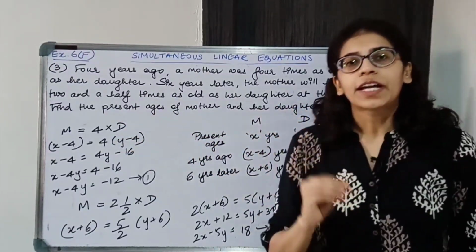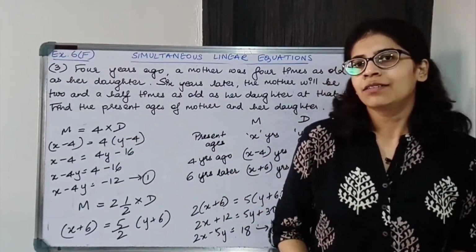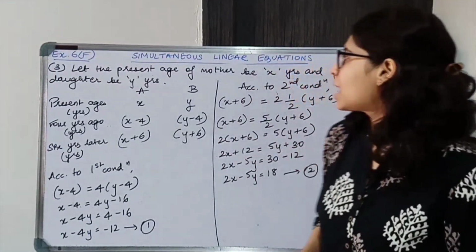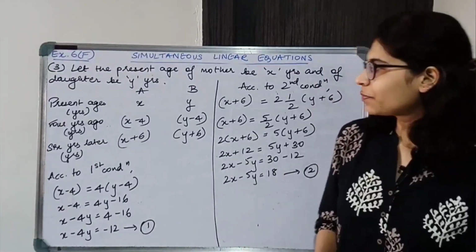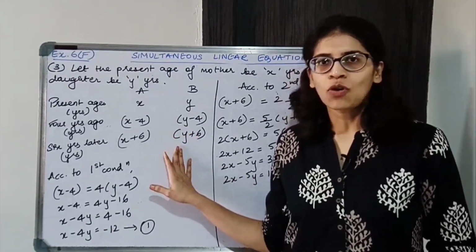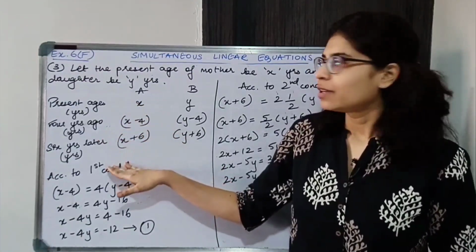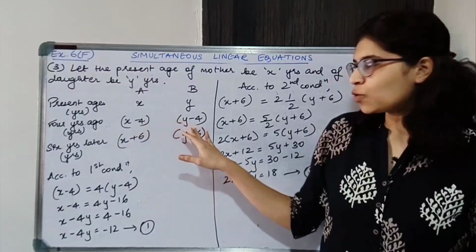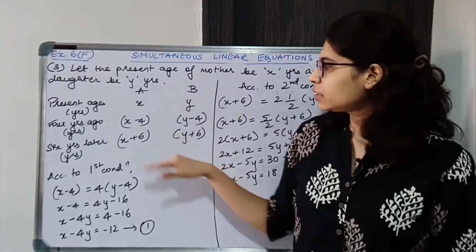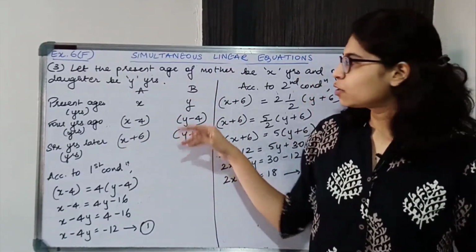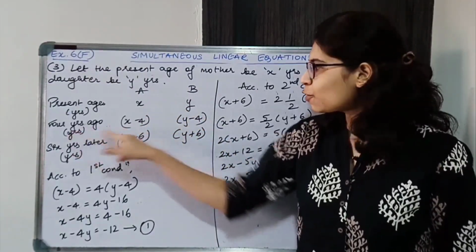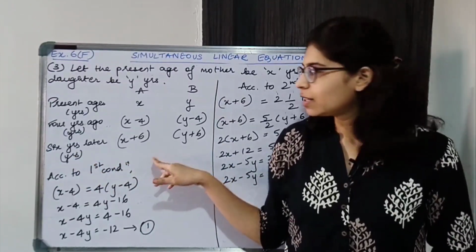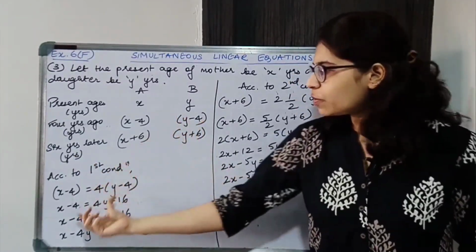Okay, so we'll write down proper statements in a proper manner and then solve. So the present age of mother is x years and the present age of daughter is y years. Now make a table like this of the ages at different years. Presently it is x and y. 4 years ago it will be x minus 4 and y minus 4, and 6 years later it will be x plus 6 and y plus 6. So from present we subtracted 4 for 4 years ago and we add 6 for 6 years later. Okay, now applying these ages over here in the condition.